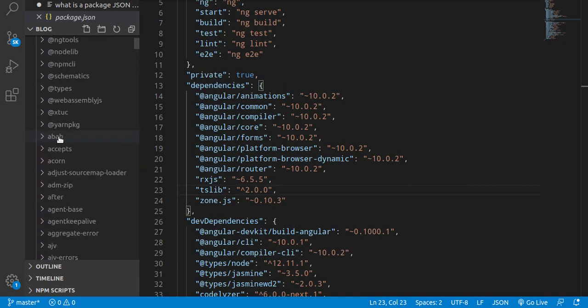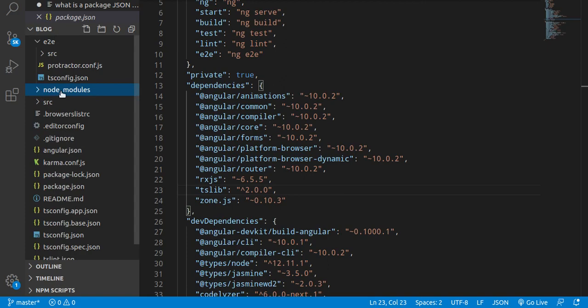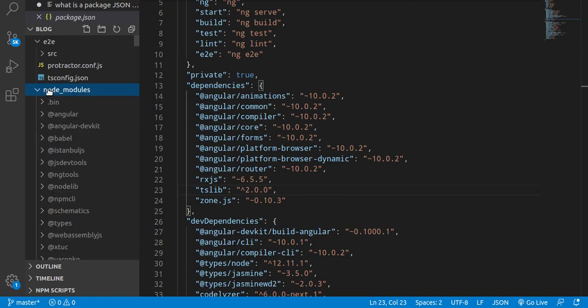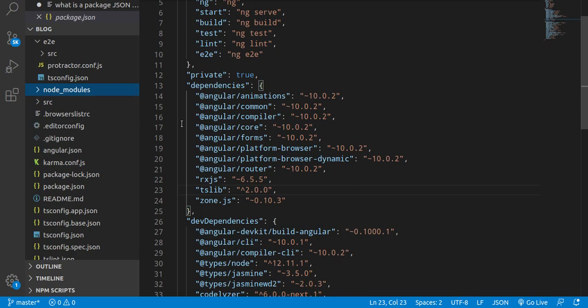So all npm packages will be installed here, and please keep in mind that you never need to make changes in this folder. If you make any kind of change in this folder and you transfer your code to another developer, then he will obviously use npm install, and it will lose your whole work which was done in the node_modules folder. So you must do all your work in any other folder rather than the node modules, right?